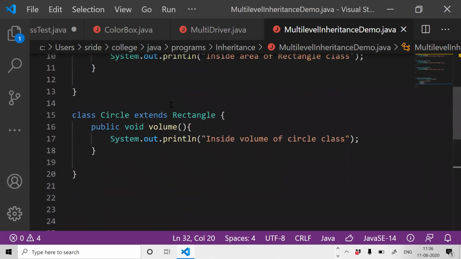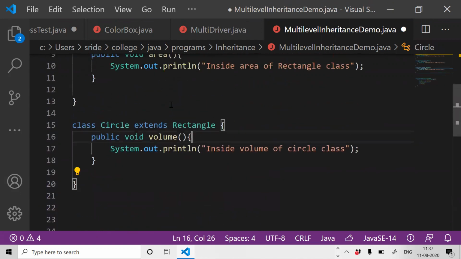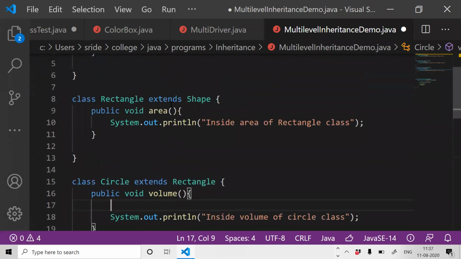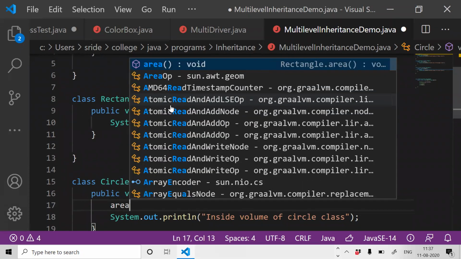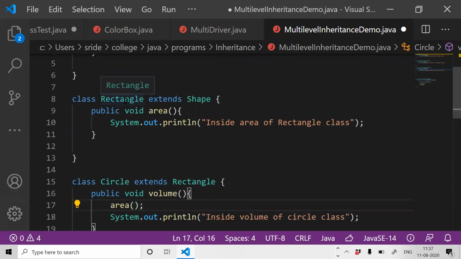I also want to test one thing: can I call the area method from my volume method? The area method is present in the class Rectangle, that means in the parent of Circle. So the methods of the parent will be inherited to the child also.